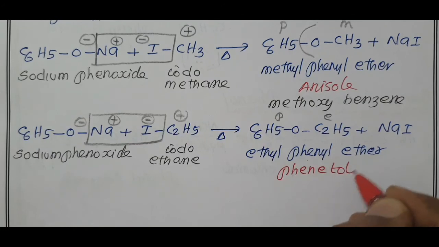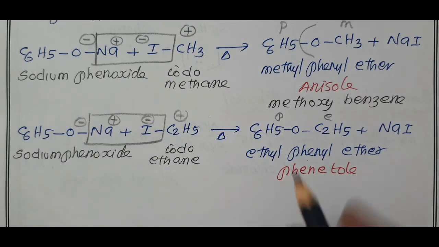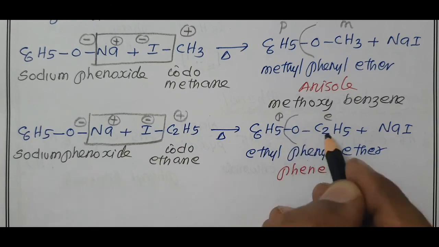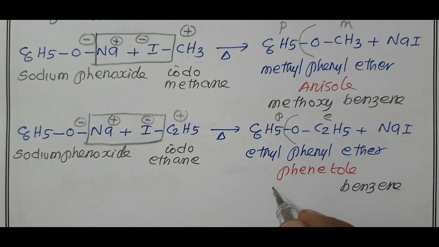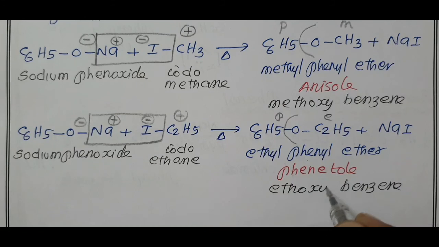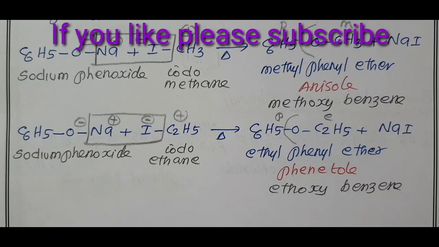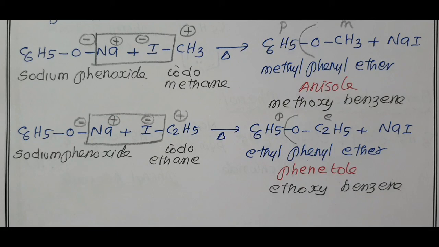Phenetol. And add the oxygen atom to the alkyl group containing the lesser number of carbon atoms. Now I add oxygen to ethyl. What is the parent hydrocarbon? The parent hydrocarbon is benzene. To benzene, which group is attached? Ethoxy. Ethoxybenzene is called phenetol. This is Williamson ether synthesis, used to prepare the phenyl ether and aliphatic ether, both symmetric and unsymmetric ethers. Simple and mixed ethers can also be prepared by Williamson ether synthesis.